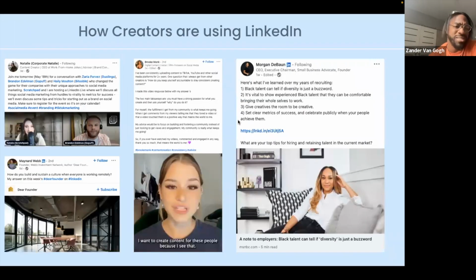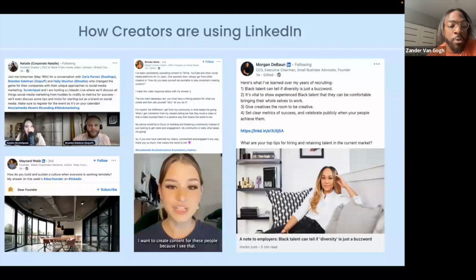Cool. So here are some examples of how creators are leveraging LinkedIn. As you can see through some of these different examples, we have people that are doing live streams like Natalie Rose. If you know her from TikTok, she's the young lady that has a new job every week and became a viral sensation for it. But she used tons of live streams on LinkedIn and gets great engagement to introduce new people to the platform, get insights from social media experts, influencer experts as well, and bring that knowledge to LinkedIn.